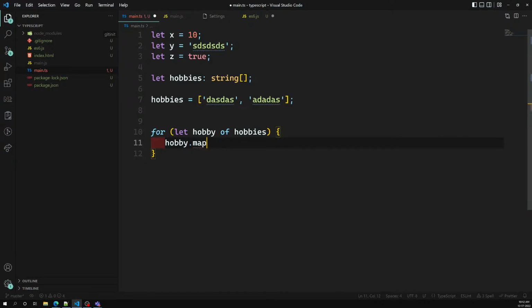But if you want to apply map or anything like that, it will show an error. See here, map cannot be applied on the string. Why? Because we know that hobby stores a string value, and here we cannot apply map. Whatever array methods, we cannot apply to the string. Okay, so this is how arrays will be declared in